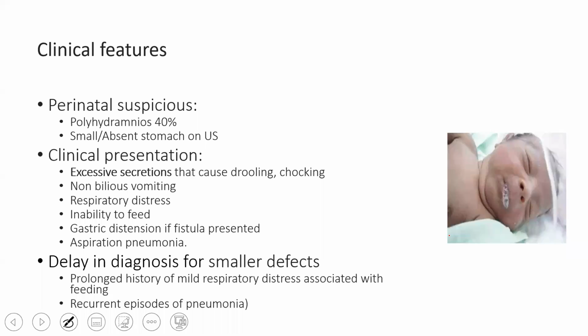If you find a baby with copious secretions, sometimes that's the only symptom. If you miss it and start feeding the baby, the baby might have non-bilious vomiting whenever the feed doesn't go down. The rest varies depending on whether the baby has just esophageal atresia, just a tracheal fistula, or a combination. The baby could have respiratory distress, inability to feed, aspiration pneumonia,